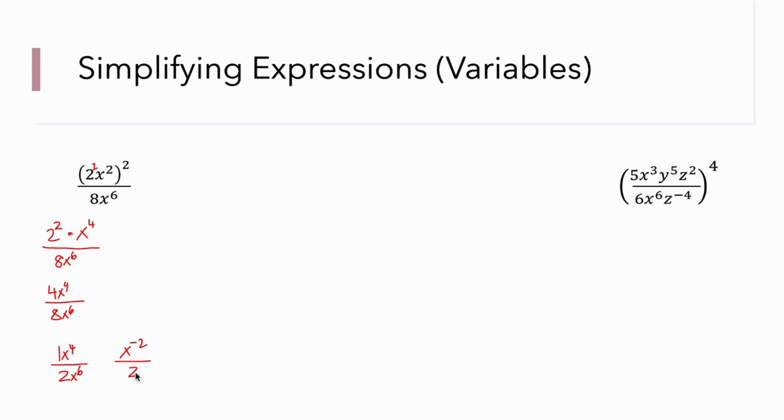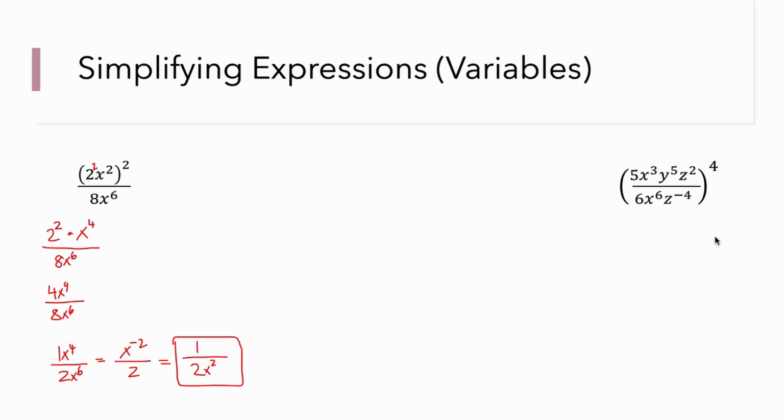And now we're still not done, because we don't want any negative exponents in our answer. So we need to move this to the denominator to make that exponent positive. So this would equal 1, which is all that's left up here. It's not 0, over 2x squared. And now this is our final answer, with positive exponents only.